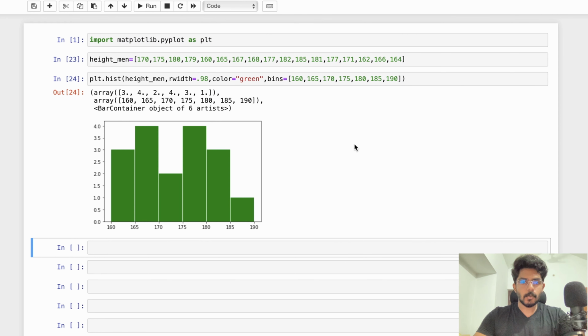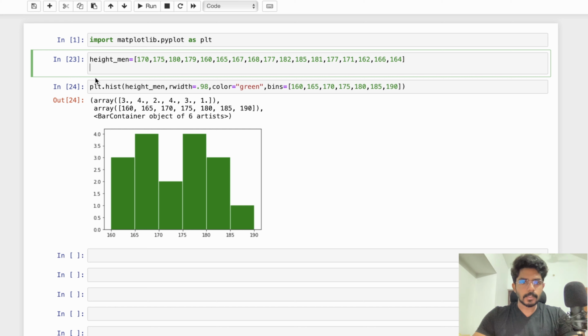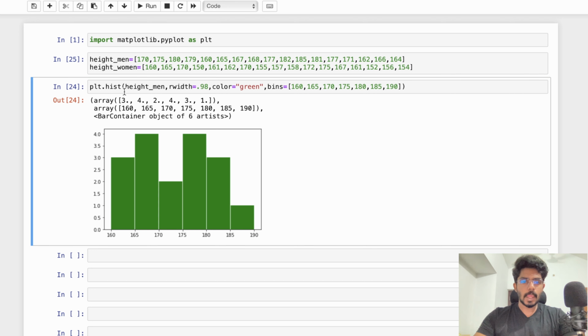Now let us add one more set of data into this. We have heights of men, right? Let's add heights of women as well into the same histogram, so that we can see it side by side, and we can add the next set of data, which is this height women, and we have this particular list here, right? I'm going to run the cell